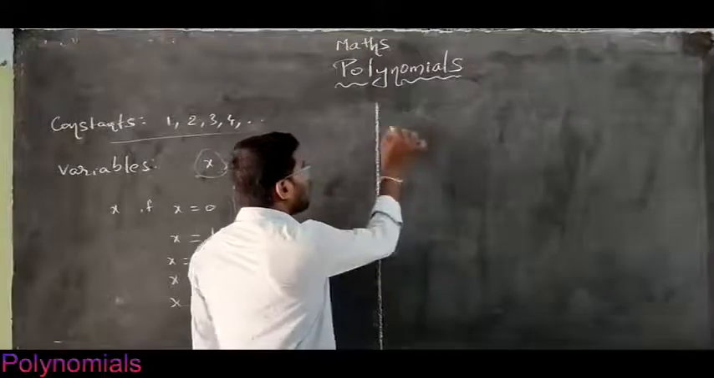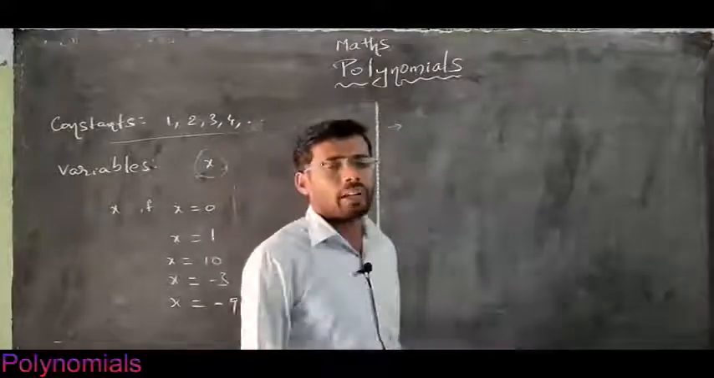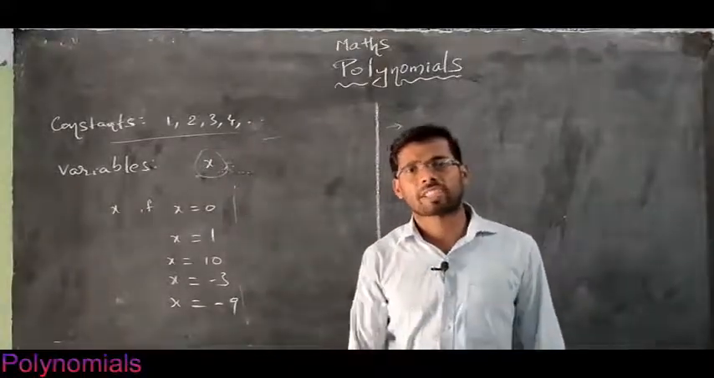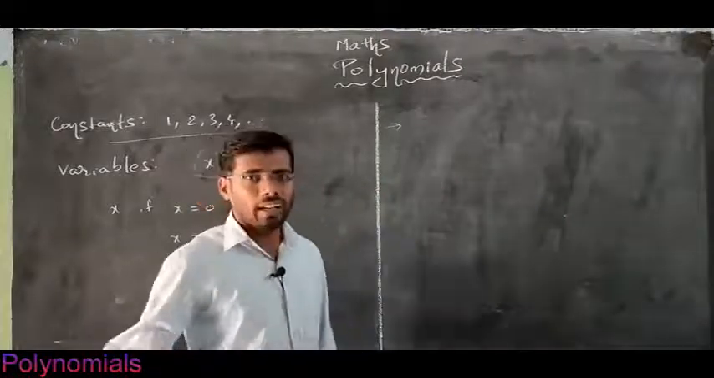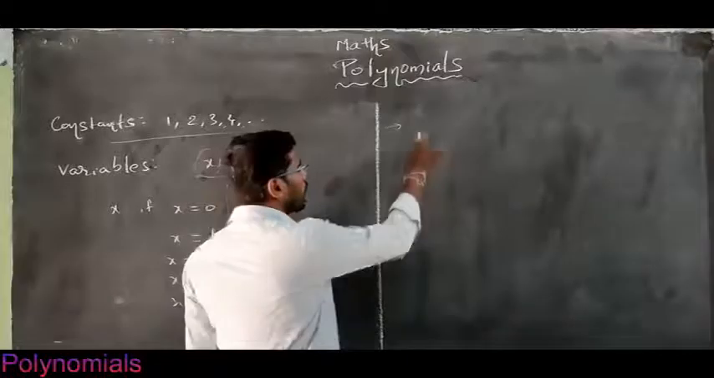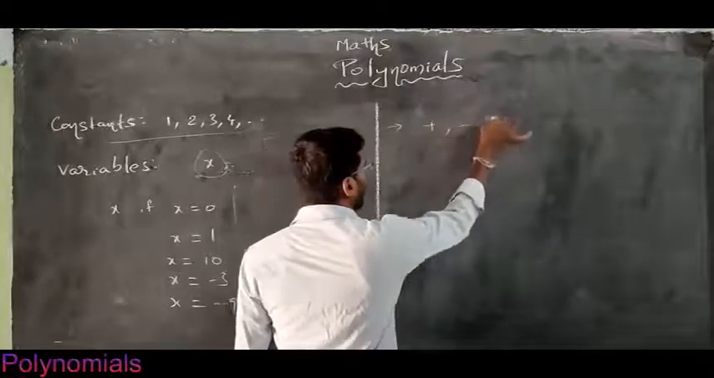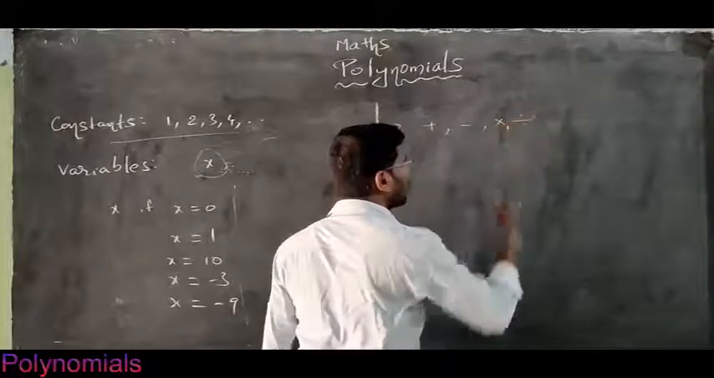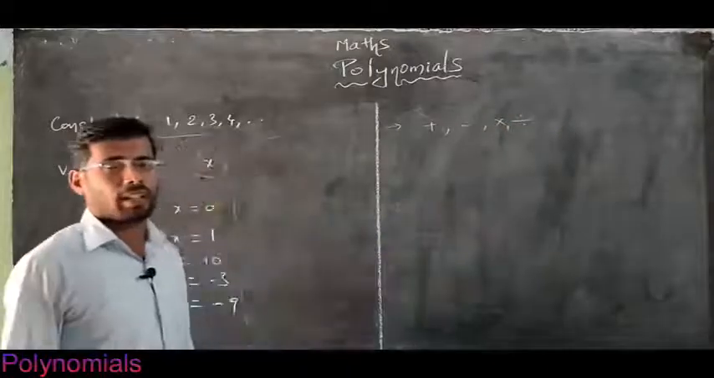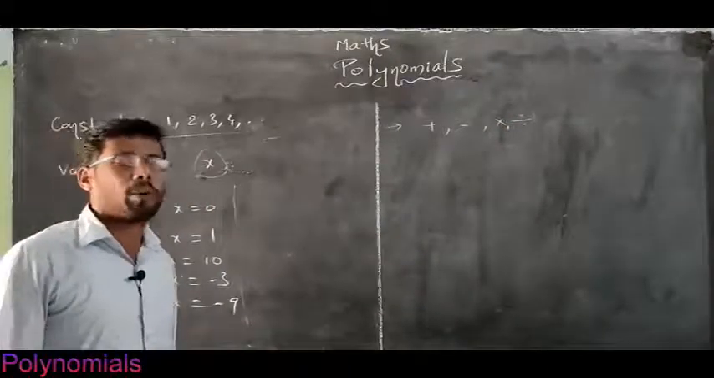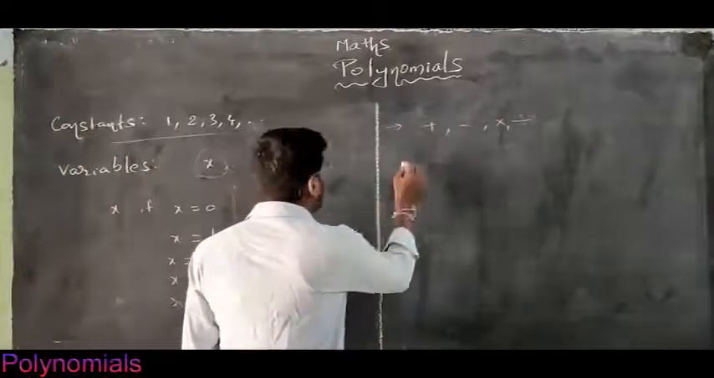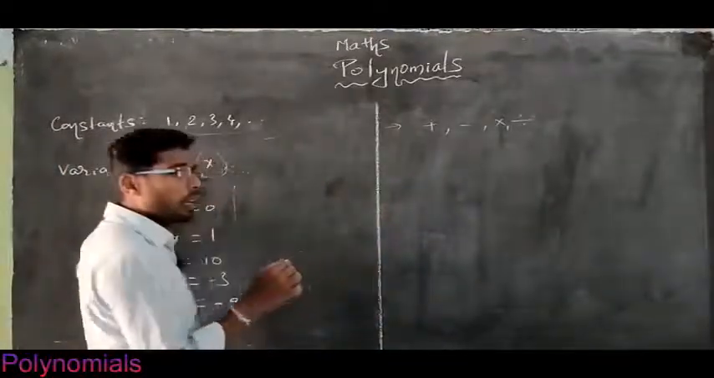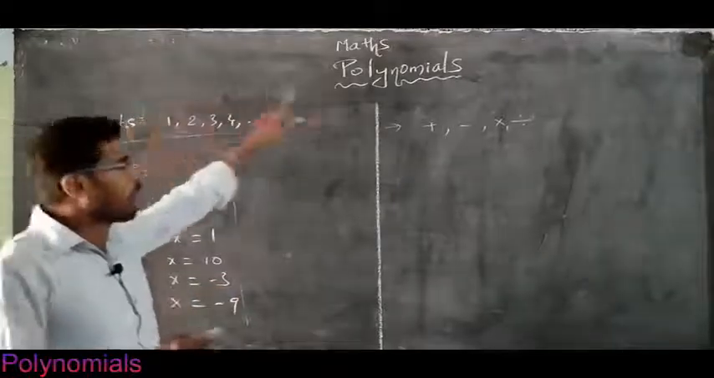Now, already you know fundamental operations. Fundamental operations means what? Addition, subtraction, multiplication and division. These 4 operations we call fundamental operations. They are also called arithmetic operations. Both are the same. Now, if I take one variable and one constant, and apply these